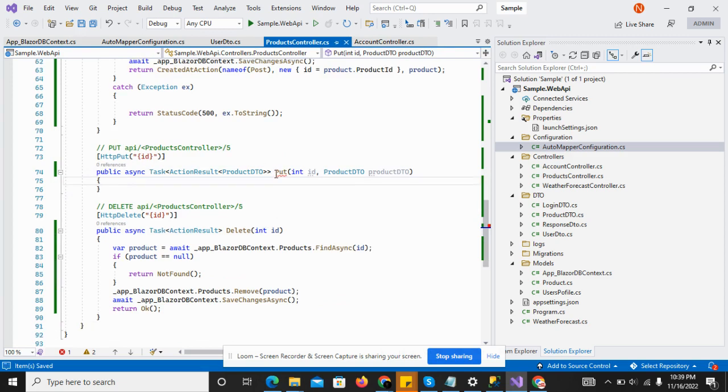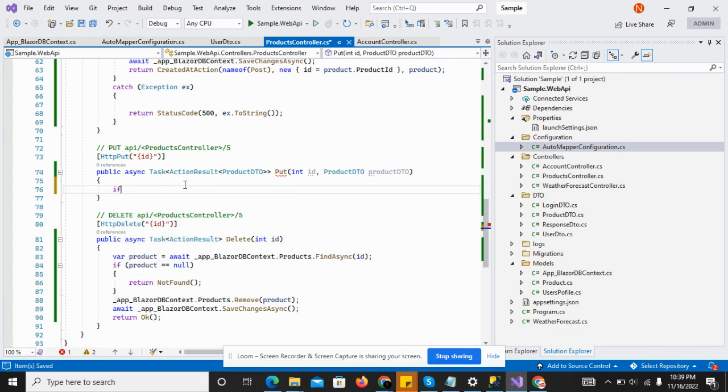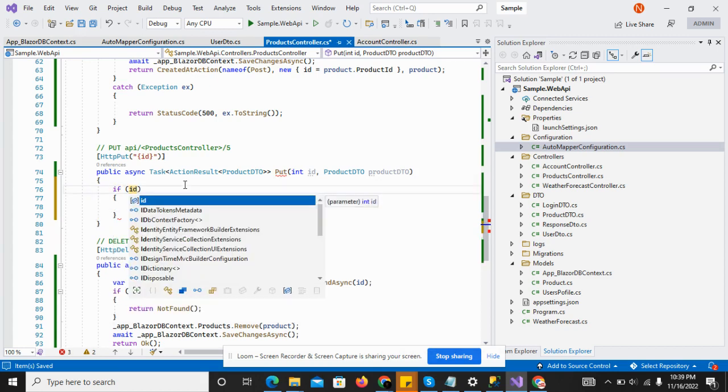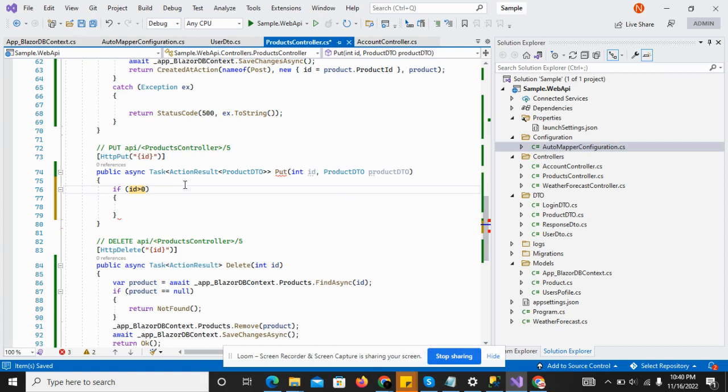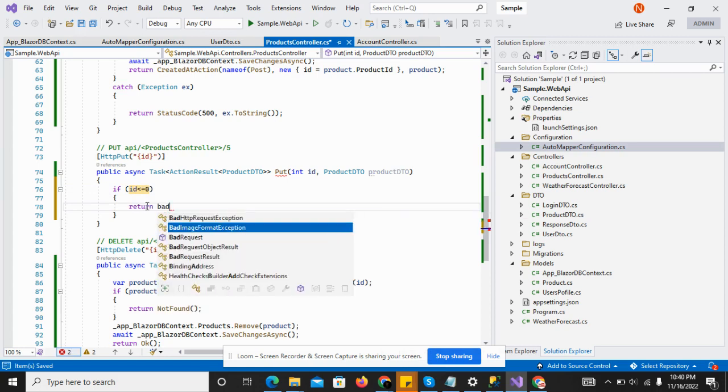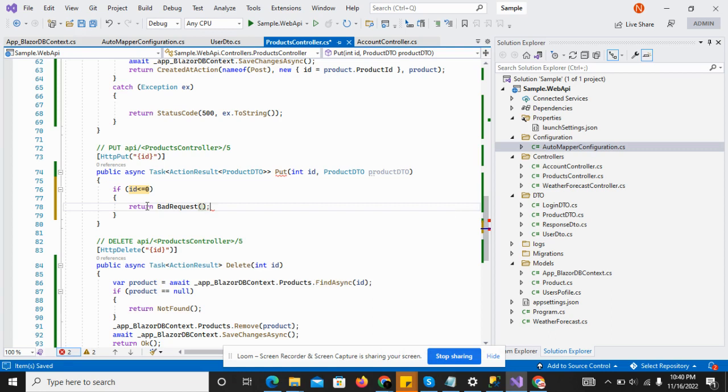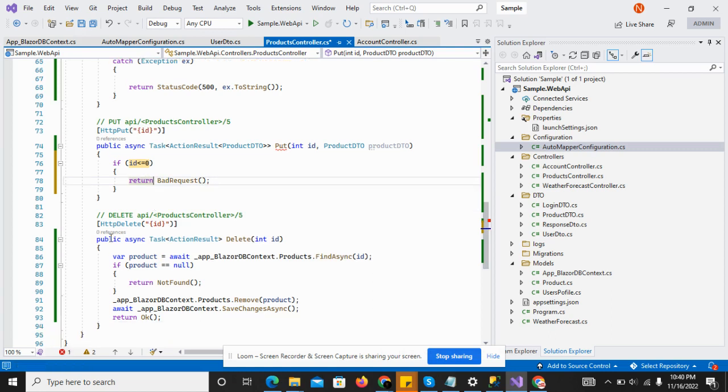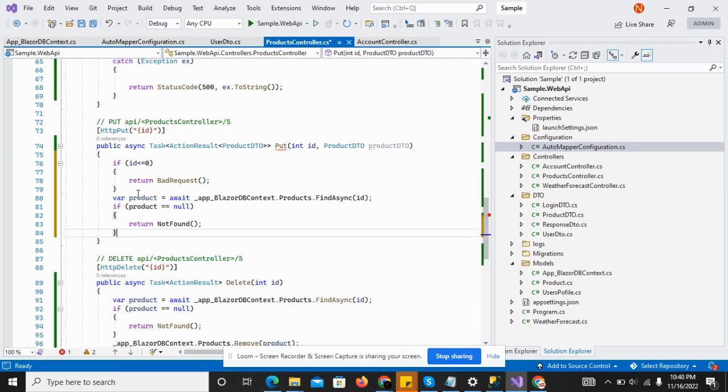So in this put, now I have to validate if id is less than or equal to 0, then I have to return bad request. And I have to just copy this and paste it here because first I have to find